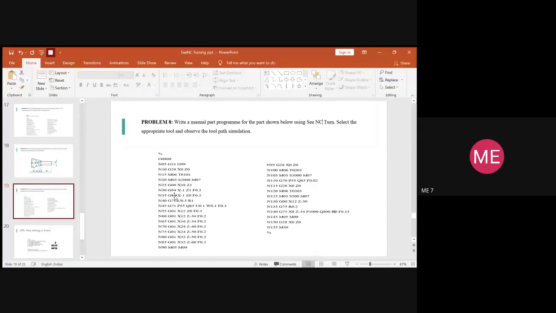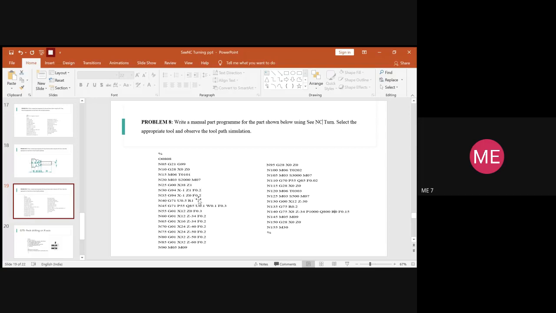Here also we are using G94 to provide the feed per minute. And again the syntax, you know, it is X and Z with a feed rate. So you'll provide initially X1, Z1 and a feed rate value. But you cannot start up with Z1, it should be always Z0. So in our next step of G94 syntax, we type the same, only the change in the value of Z. So this you will make it as 0.